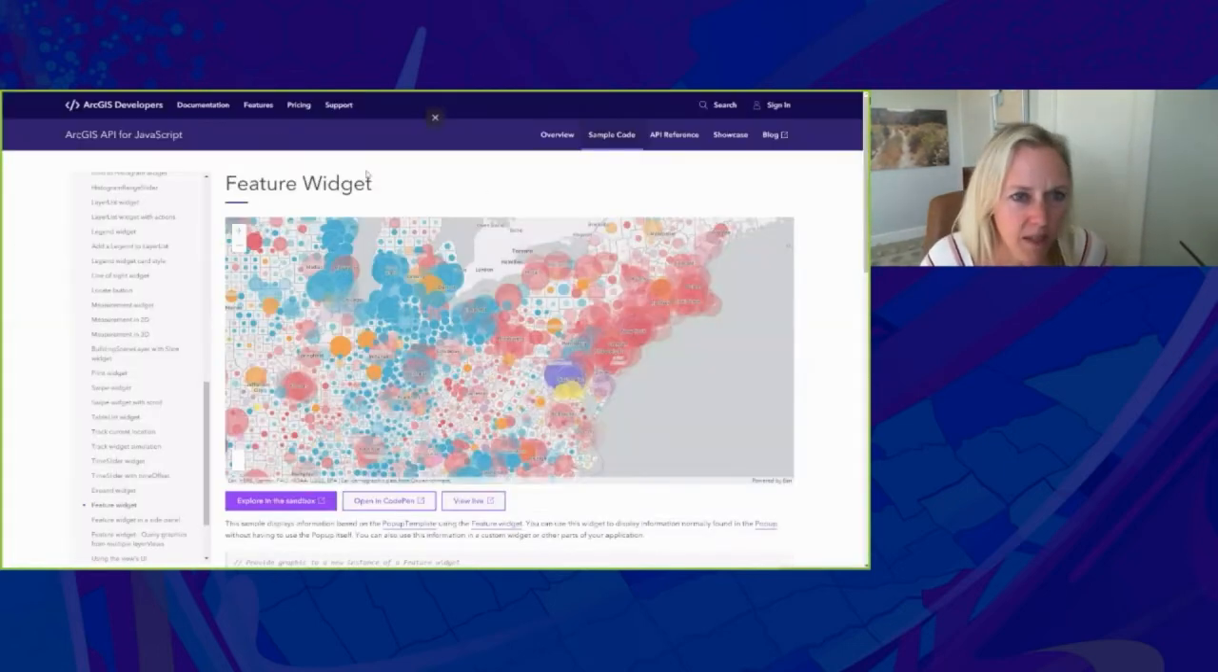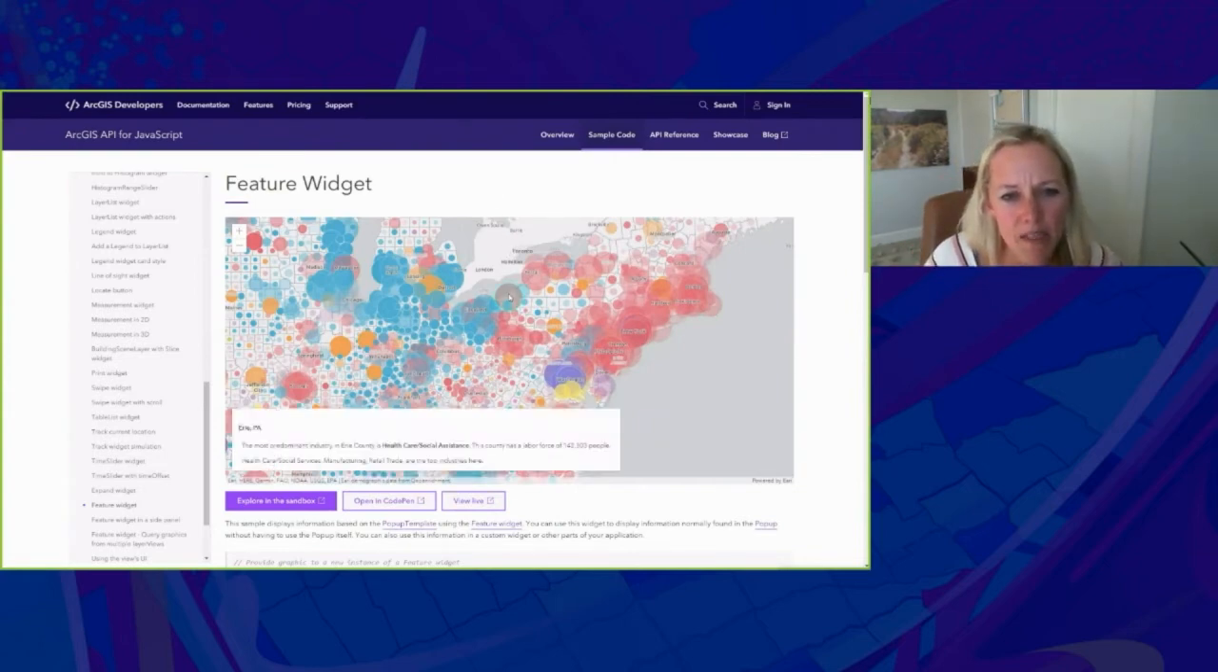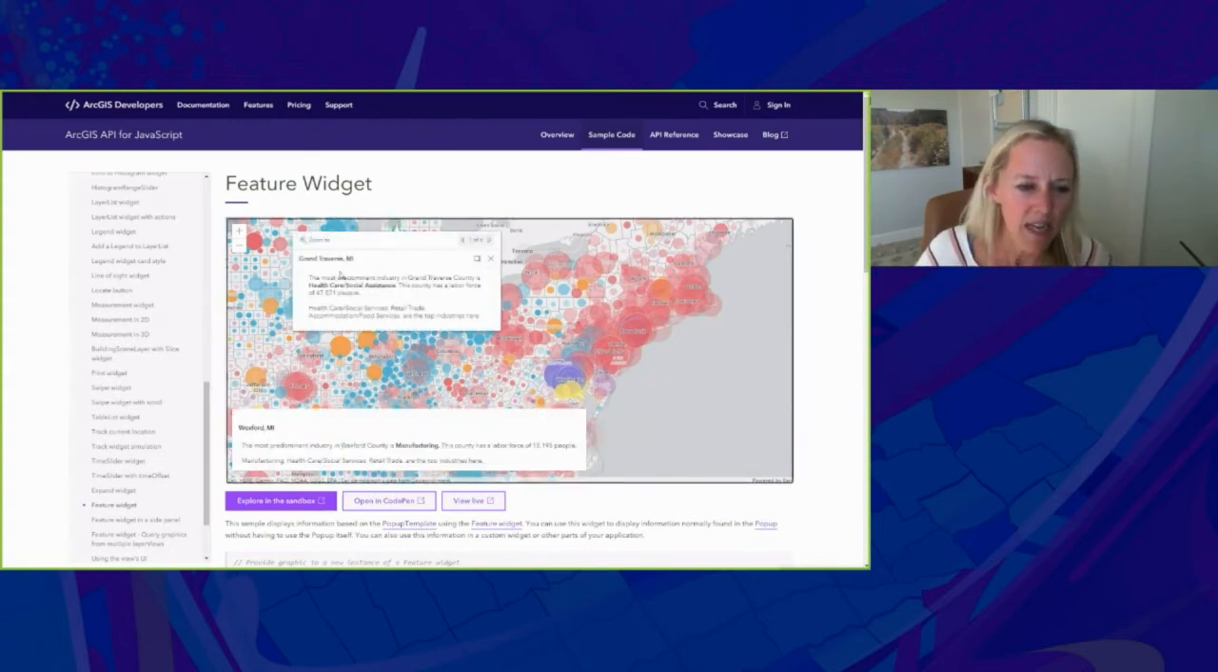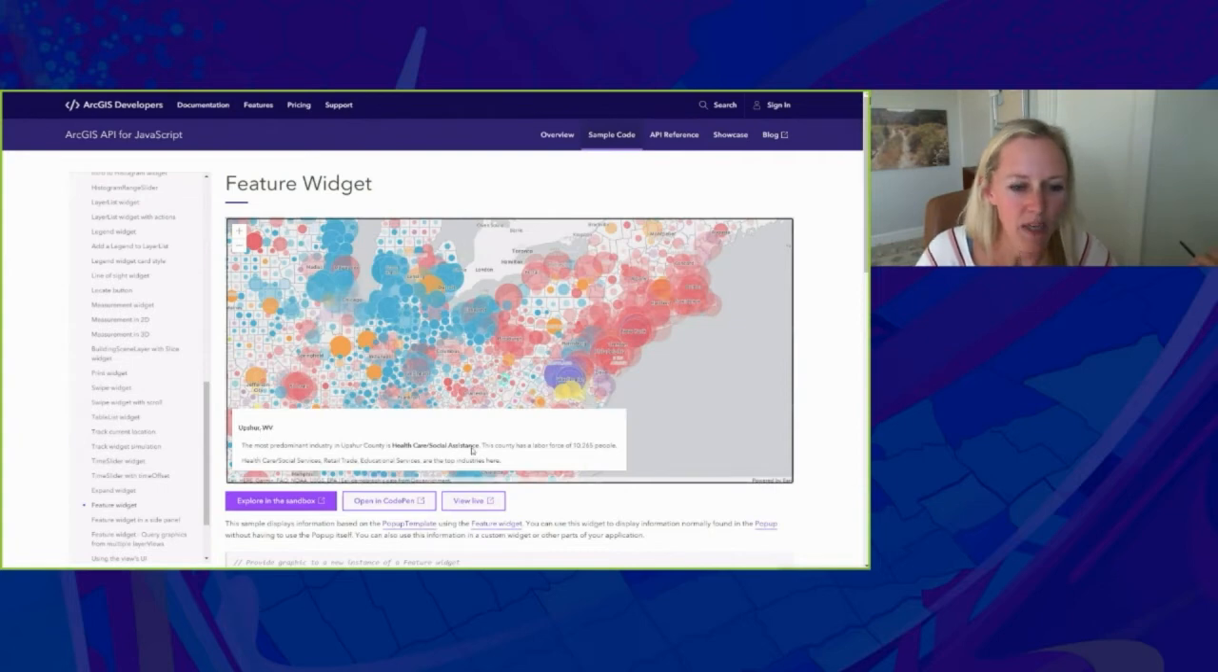So here, this is a JavaScript API sample, and this is something that a lot of people find really handy. Instead of displaying a pop-up right over the feature like this, it takes that formatted content that's normally displayed in a pop-up and instead puts it wherever I want, in any node I want. So I can display it as I hover. I could put it in a sidebar. And in my case,